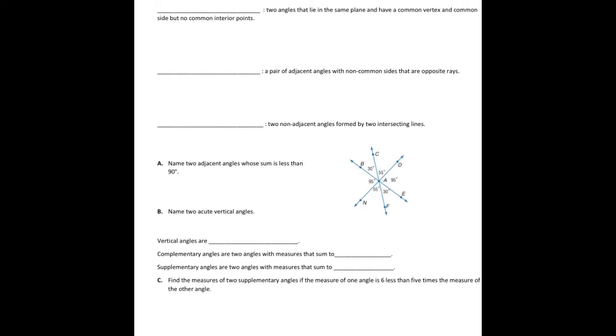All right, lesson 1.5, angle relationships. Two angles that lie in the same plane have a common vertex. I'll try and draw a picture for you. Have a common side but no common interior points. So something like this. So if this is angle ABC, and this one is angle CBD,